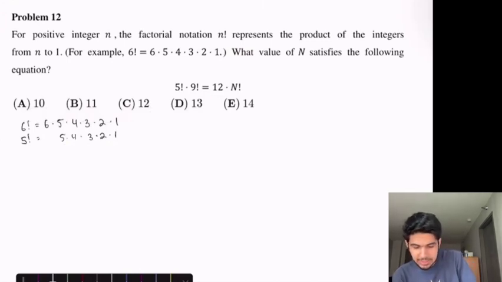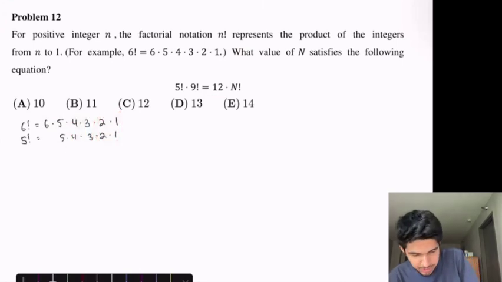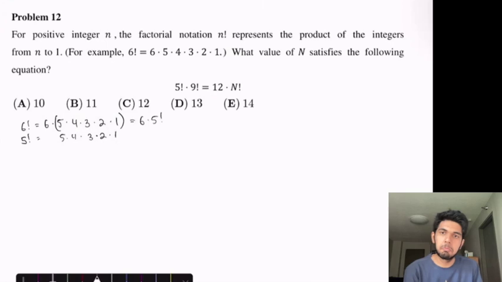The difference between 6 factorial and 5 factorial is this 6. The 5s are aligned in a sense. Same with the 4s, 3s, 2s, and 1s. So really, if I throw in some parentheses around here, we see that 6 factorial is equal to 6 times 5 factorial. This is just a helpful thing to be familiar with. These are just rules of factorials. But yeah, that's a really neat trick that, okay, we can